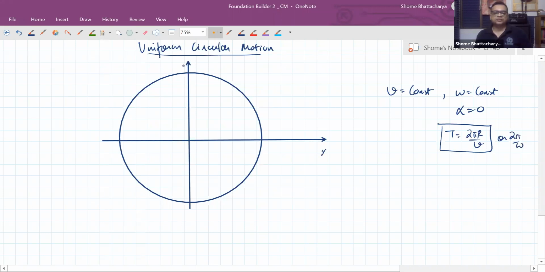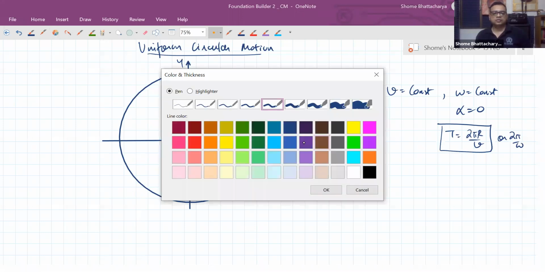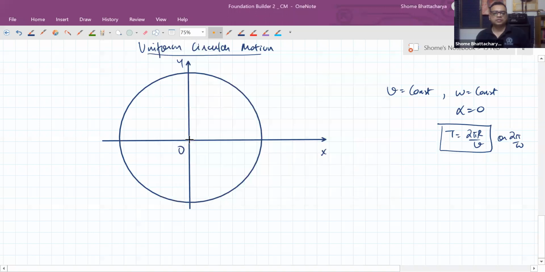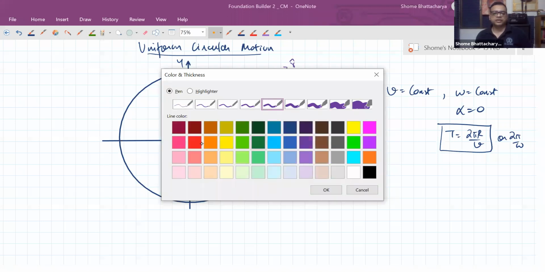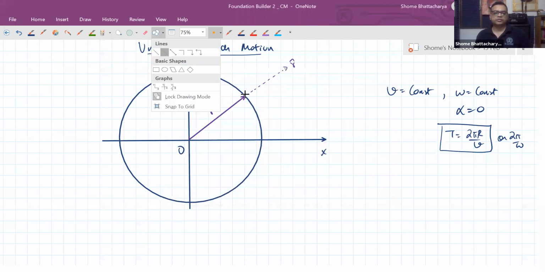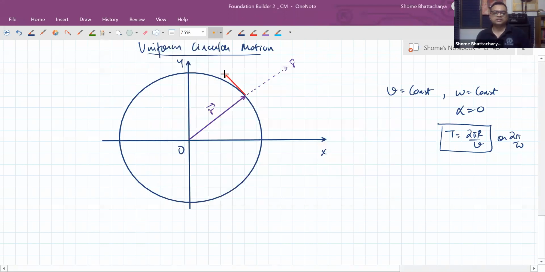I'll take you back to that, don't worry. Now let's quickly understand the relationship between the three things: the position vector at any instant, that is along my radial direction; the velocity vector will be along the tangential direction;